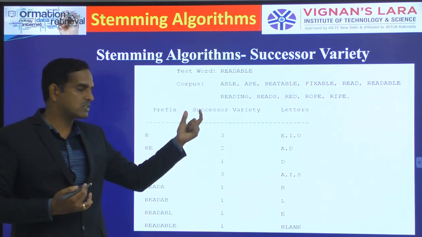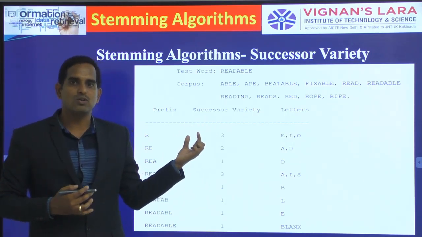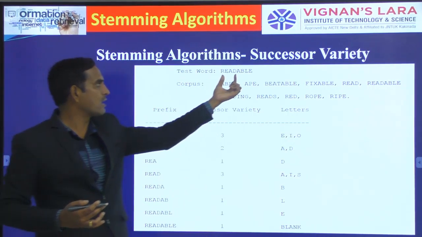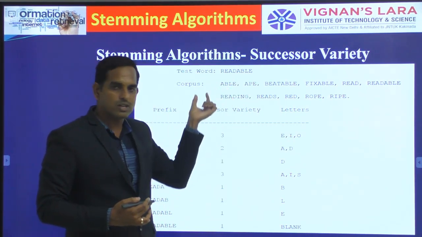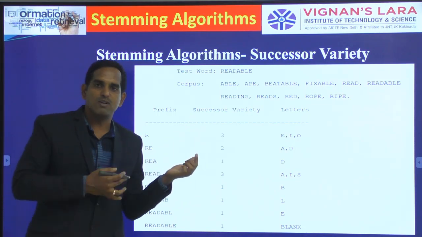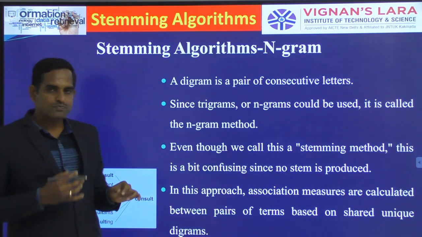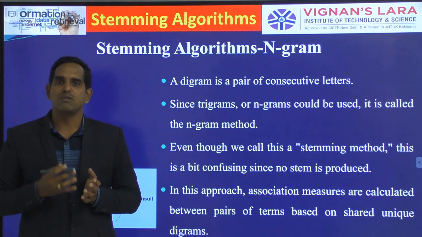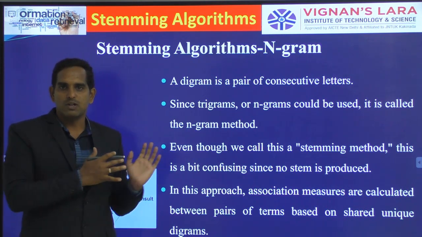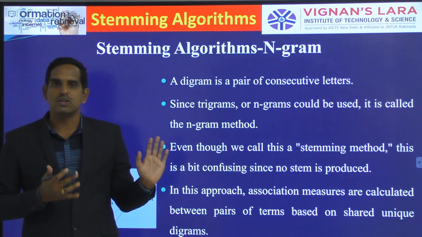The second part is to create the segments, and from among these segments we have to choose one. The word able will also be created as a segment here, so able can be treated as a segment. From among those, we choose one as the stem. So when you create the segments, one of them is treated as the stem based upon some condition which you have seen in the previous session, that is about the successor variety.